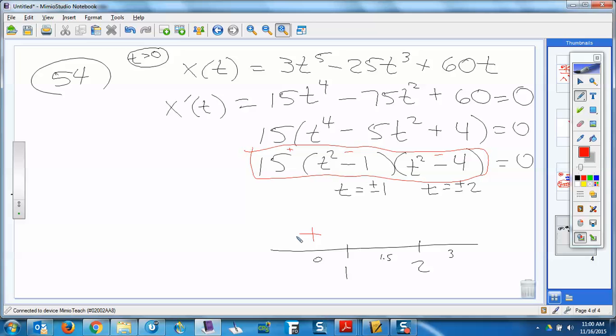So the car is going to the right before 1, so we don't want that. 1.5. Now, what's 1.5 squared? I don't even know. I do, but I wouldn't have to figure it out. But I do know it's bigger than 1, right? Yeah. So 1.5 squared minus 1, that's going to be positive. 1.5 squared I know is less than 4, so this has got to be negative. So positive times negative is negative. And then put a 3 in. 3 squared is 9 minus 1, that's positive. 9 minus 4, that's positive. All positive. So this is going left